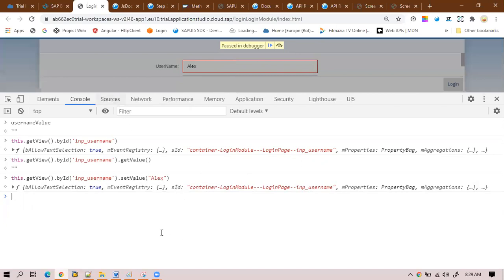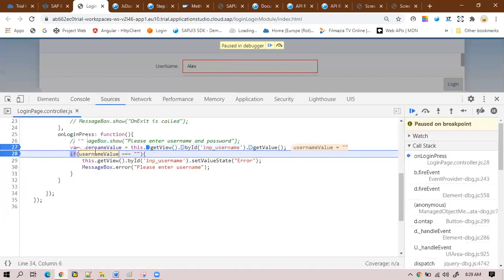Now suppose I have to change something here in the debugging mode, because for my requirement I have to cross-check whether the value is accurate or not. Suppose I'm checking the value, the username, the variable in which the value is stored.